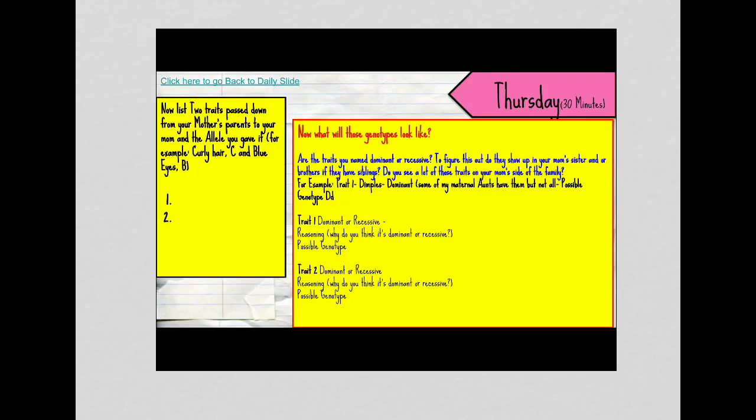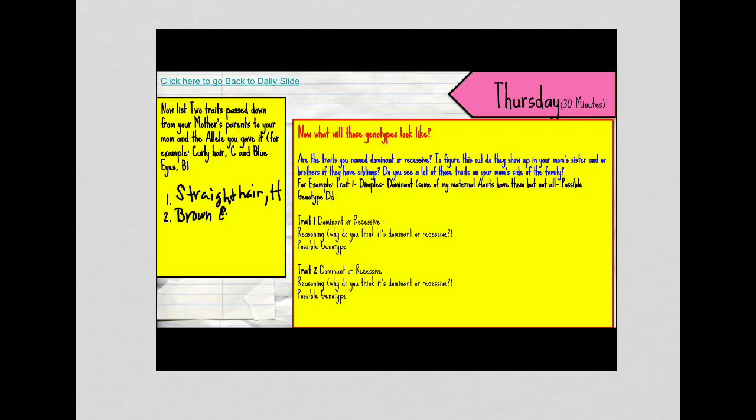All right, so now for Thursday, what you guys are going to do, you're going to choose two traits that were passed down from your mother's parents to your actual mom, and then you're going to actually give me an allele. All right, so my grandmother has straight hair, my mom has straight hair, so I'm going to go ahead and write that as a trait, straight hair. And I am going to give it a capital H. And then they also both have brown eyes, so I'm going to do brown